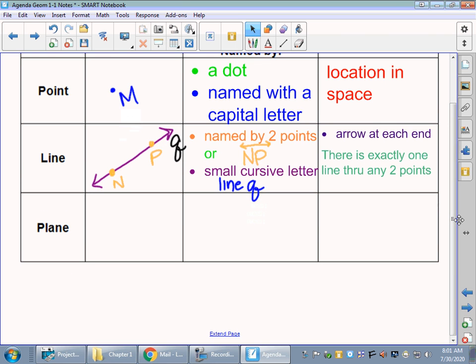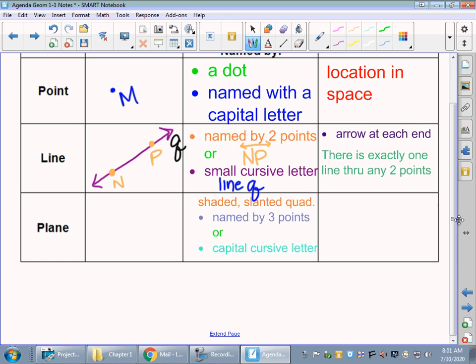And last but not least, a plane is, we'll do this middle again. It's a shaded, slanted quadrilateral. It's a flat surface, any flat surface. So if you're looking at your piece of paper, hopefully it's flat. It's a flat surface. A plane goes on in all directions forever, exactly like a line goes off in 2 directions forever, but we can't draw that. So we just draw it